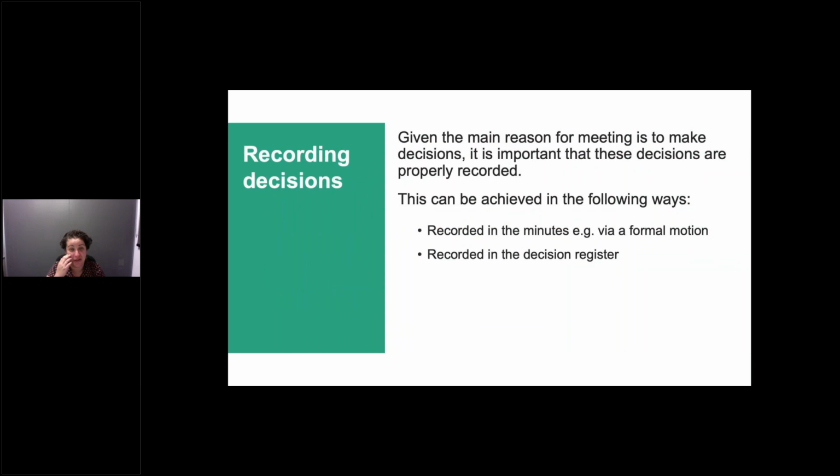Recording decisions. I've talked a lot about the purpose of the meetings. The primary goal of your committee meetings, to make them purposeful, is to make decisions. So it's essential that your decisions are recorded for accountability, for historical reasons, but also so you know what you've agreed upon as a committee and what you've decided to do and when. Decisions should be recorded in the minutes and also in the decision register,